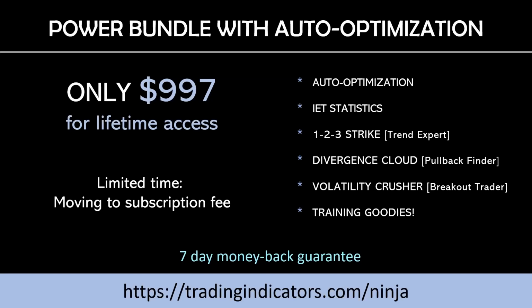Okay, and there's a few users that are wondering about the version that has super signals. Just to clarify, that's different from this version. That version has super signals that are added onto the auto optimized Power Bundle 360 indicators. But Daniel, those won't be ready for NinjaTrader for still a couple of weeks. Is that right? Yes, exactly. We have released super signals for TradingView just a couple of weeks ago. What I presented today was not the same thing, but we are planning to do so for NinjaTrader in a couple of weeks, perhaps a month. And of course, you will all be notified once this is the case.